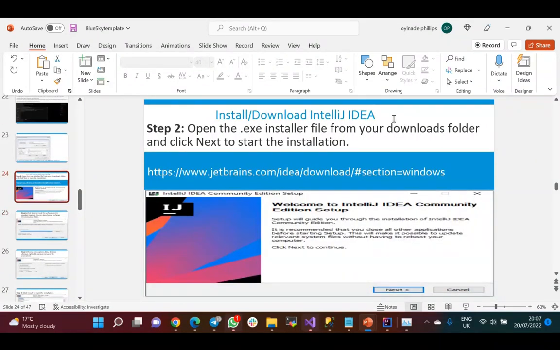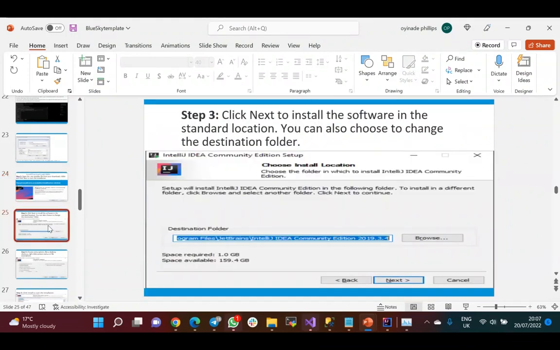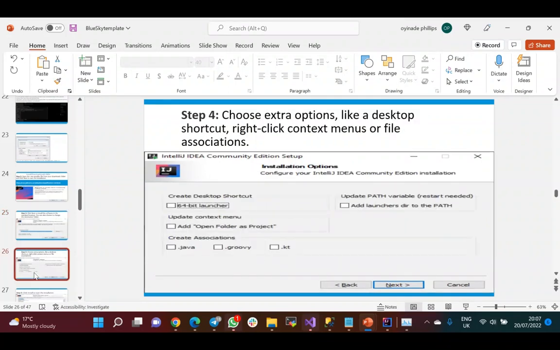So the URL has been given. This is you trying to set up your IntelliJ. You can see this URL here. That is where you can actually download it. And I've suggested for you to download the community edition setup, which is a free version. So there's no need for it to be asking you for a license. And then these are the steps you need to go through,